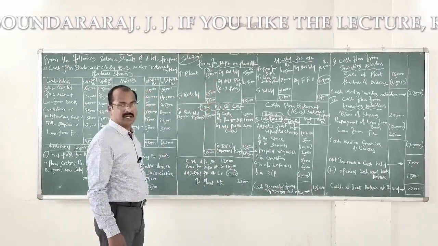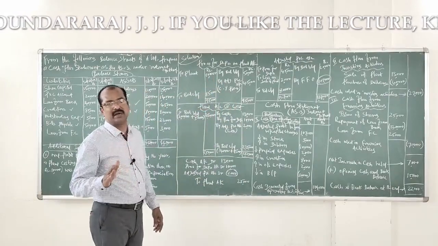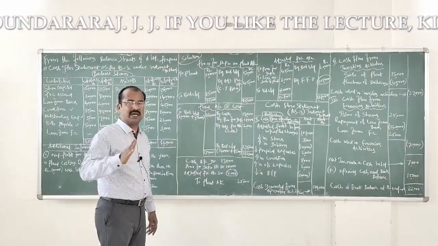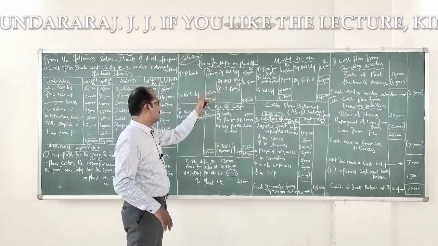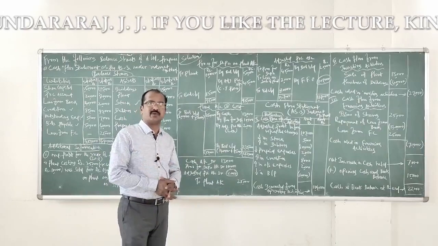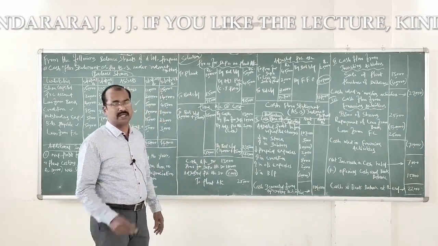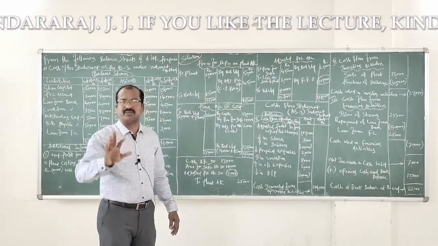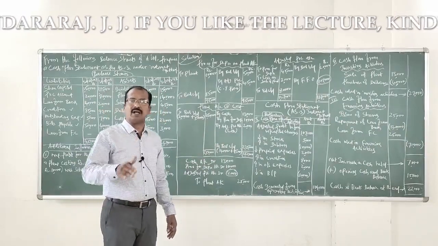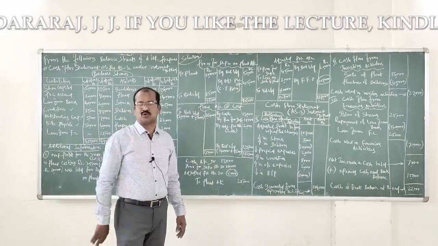Provision for depreciation on plant account. This being a credit item, let us write the opening balance in the credit side and closing balance in the debit side. That's what is done here. Fine. Followed by that, let us look at the additional information presented in connection with the provision for depreciation. What is that? A plant costing 25,000 rupees, accumulated depreciation thereon 10,000 rupees, sold for 13,000 rupees.